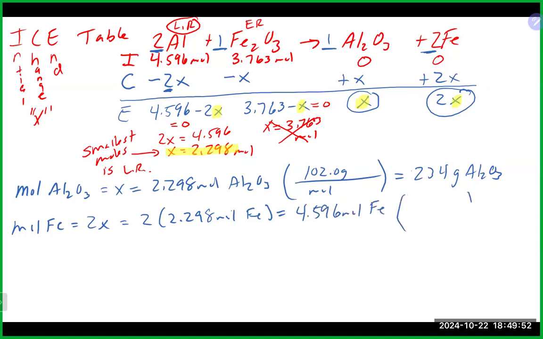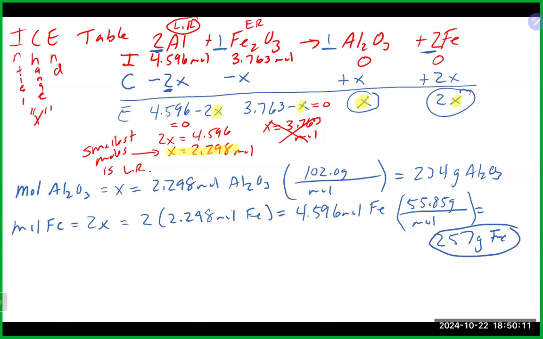I can use the molar mass of iron from the periodic table, which is 55.85 grams per mole. I now know that I will also produce 257 grams of iron in this reaction,